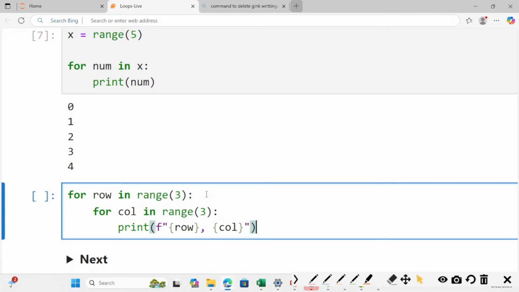Okay, let me close this. Now look at this very well. So this particular code, what it is doing is that the first statement is saying for row in range of 3. So range 3 actually gives me these values 0, 1, and 2. Do you get it? So it is done with this particular statement. And now moves on to another statement which says that